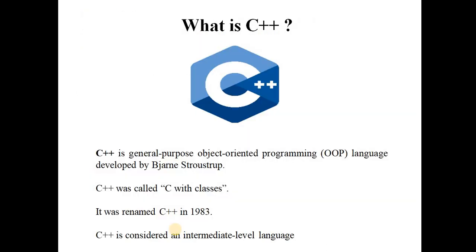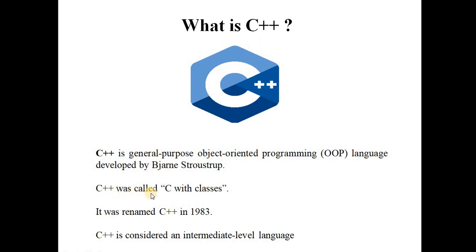Now we will see what C++ is. C++ is a general purpose object oriented programming language developed by Bjarne Stroustrup. C++ is one of the object oriented programming languages. There are different OOP languages like Java and C++. From those, we are going to learn C++ throughout this semester.